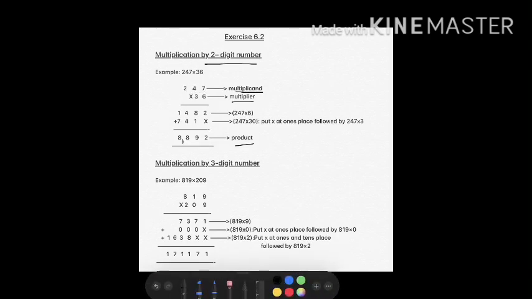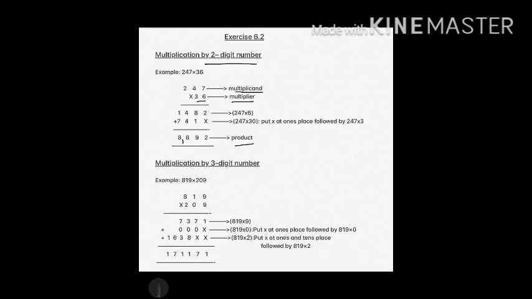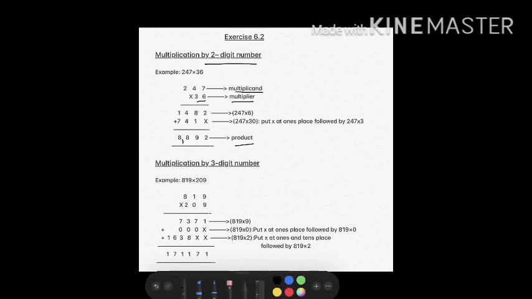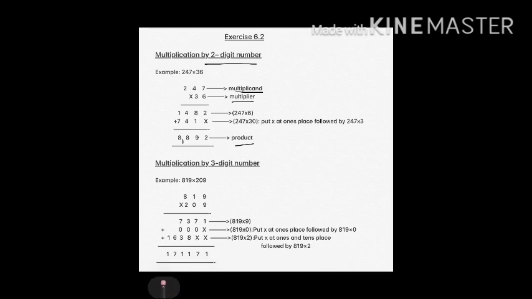Alright students, now let's move ahead. Yes, let's move ahead with this. For multiplying with a 2-digit multiplier, here you can see the 2-digit multiplier is 36. So first we have to multiply with the ones place digit. Which place? Ones place digit. So what is the ones place digit here? That is 6. I will start multiplying with 6. So 6 7s are 42. So I am getting a 2-digit number here, 42.